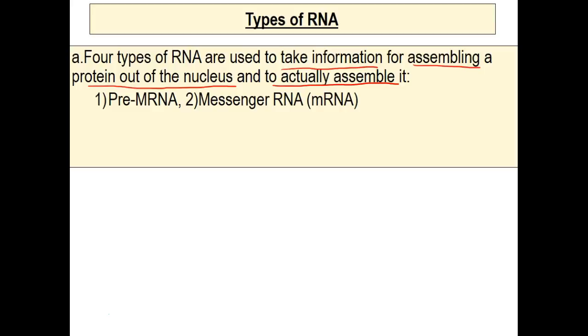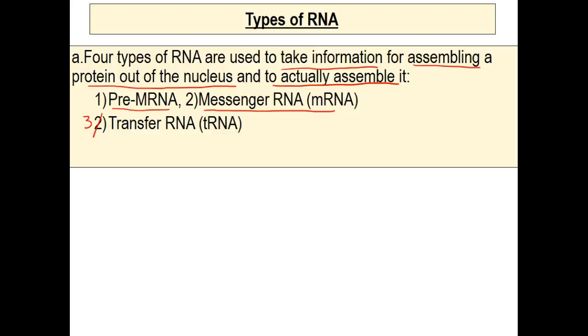The pre-mRNA, which is formed directly from a gene. RNA is transcribed from DNA. The messenger RNA, which is formed after the pre-mRNA is spliced, and then tRNA, I guess this should be 3,